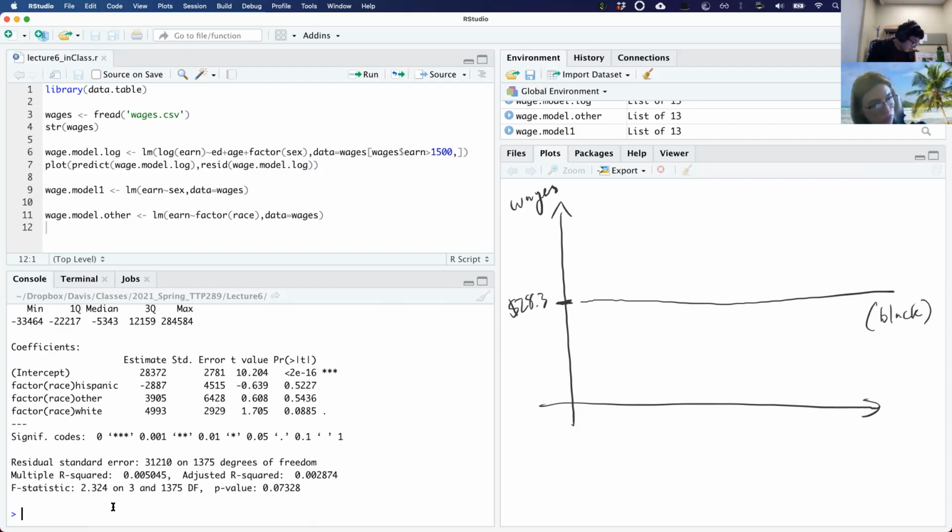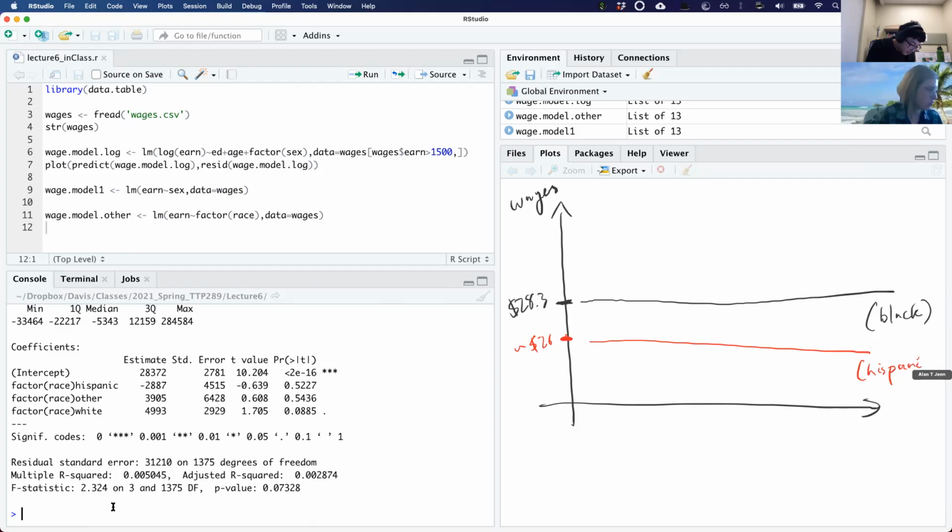Okay, and I'll actually draw this in different colors now. So Hispanic minus 2,800, and so that'll be, let's just say here, that will be about 26,000, right? It's 28,372 minus 2,887, and so this line represents